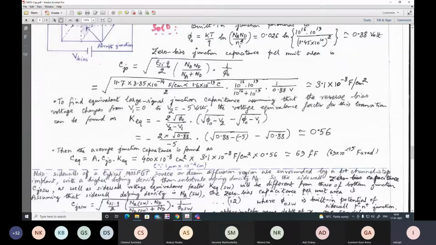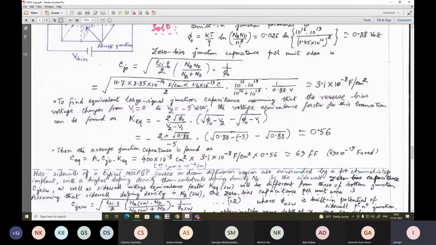Now, as we have said earlier, while trying to calculate CDB or CSB, we need to consider 5 different metallurgical junctions. Three of them involve P plus N plus, considering the channel stop implant, whereas the others involve the N plus region and the underlying P-type substrate, and the N-type diffusion region and the channel, but for all practical purposes, the channel means the P-type substrate region.